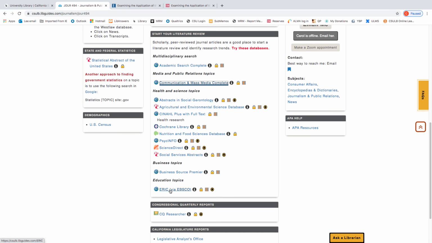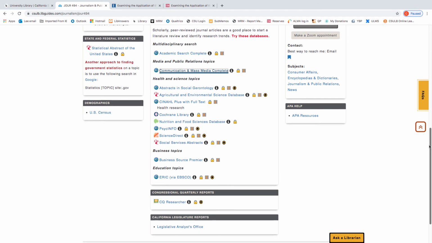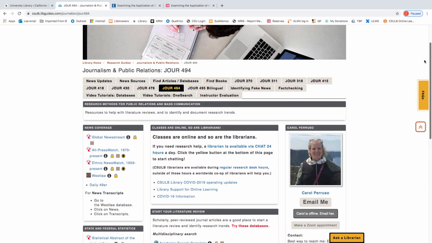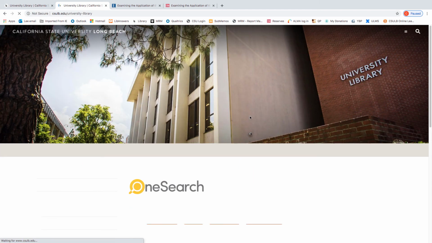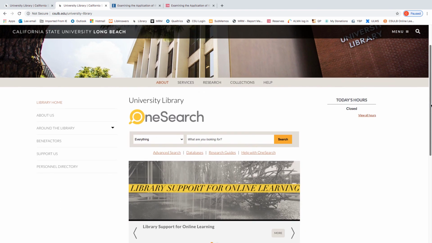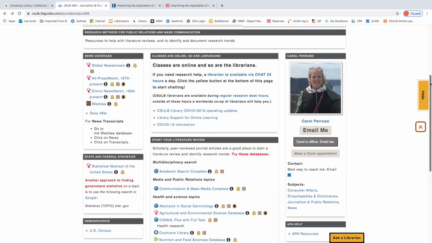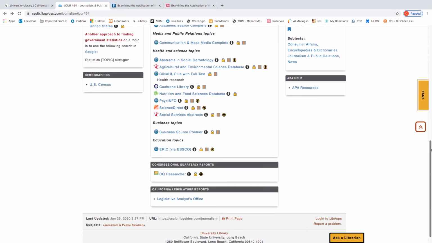And here are several databases in the health and science area, in the business area, and the education area. We also, if you go back to the library homepage, have the 200 plus databases all listed right here. So if your discipline is not listed here, that doesn't mean we don't have anything.